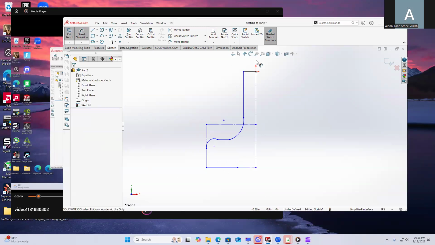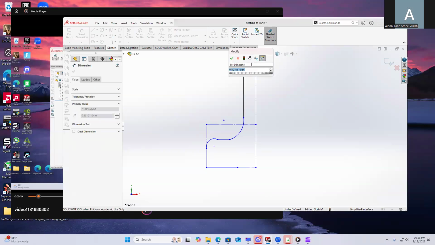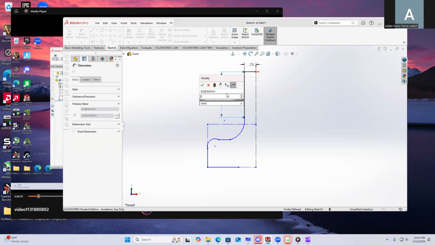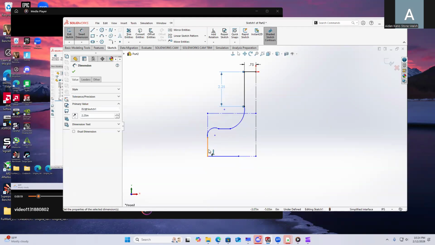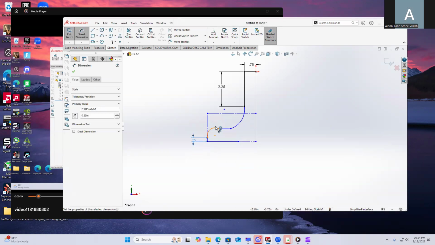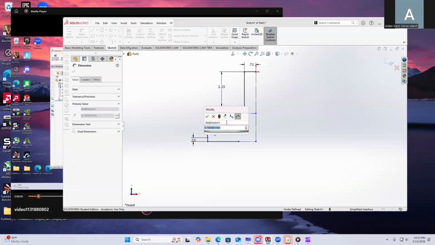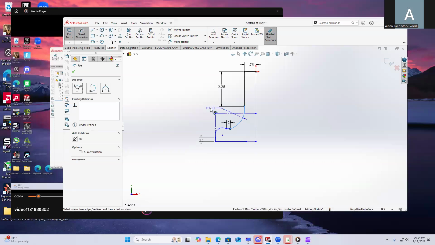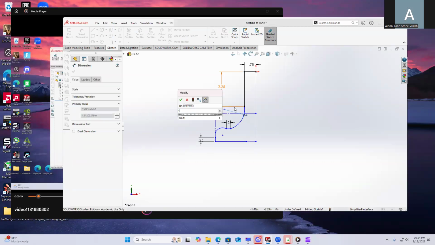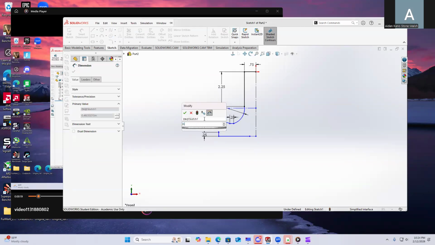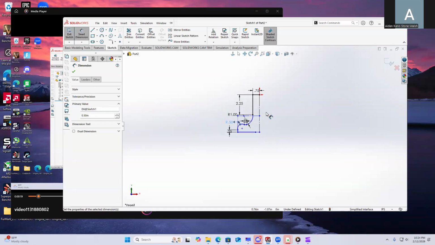Now we can start dimensioning this thing. So at the top, we're going to have 0.75, 2.25, 0.25, 0.25, 1 inch radius. We're going to have a 0.5 inch radius here. And then